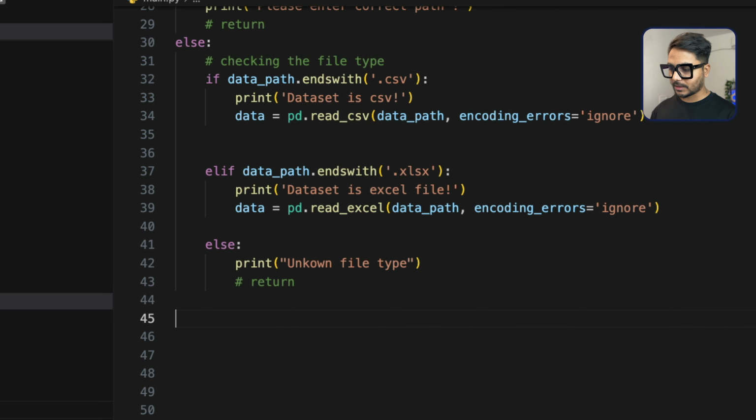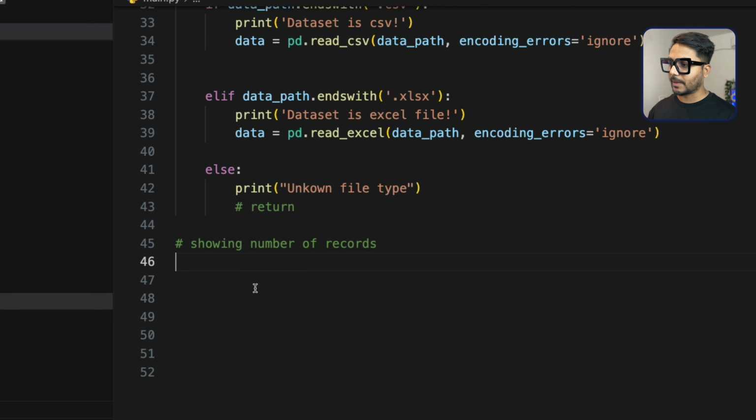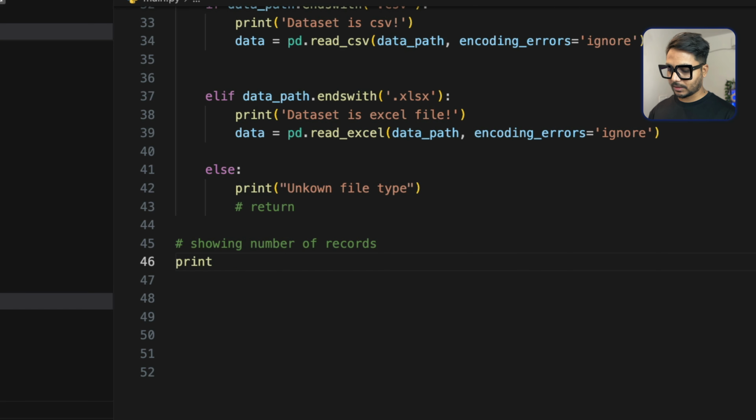So for that we can just go ahead and add something which is showing the number of records. As we have already created this data frame, we can use this data frame along with shape to display the number of records. So we can just print a message here. We would just go ahead and use an f-string, and I can say the data set contains total columns, total rows, and here I want to replace with the rows,